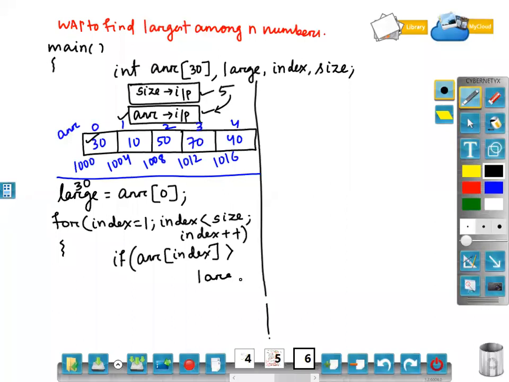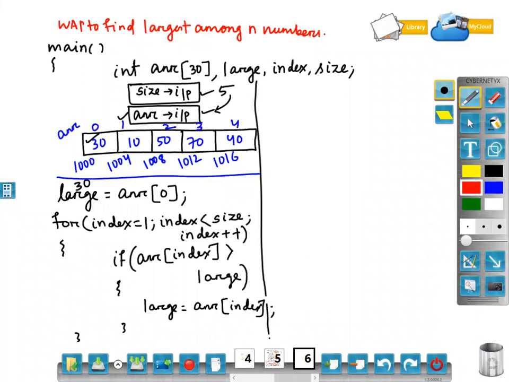My assumption. What I have assumed, the large variable is keeping the largest element, but I am comparing. See, now the index will change, so every array of index will give you a new value. Every new value I am comparing with large. If the new value is larger than large, then I will assign large equal to array of index. Clear?